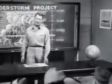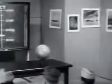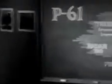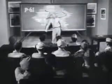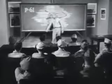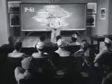The type of aircraft selected for these observations inside thunderstorms was the Black Widow night fighter, or P-61, with its low stalling speed of 105 miles per hour with wheels and flaps down, space to carry the necessary equipment and personnel, and its ability to withstand